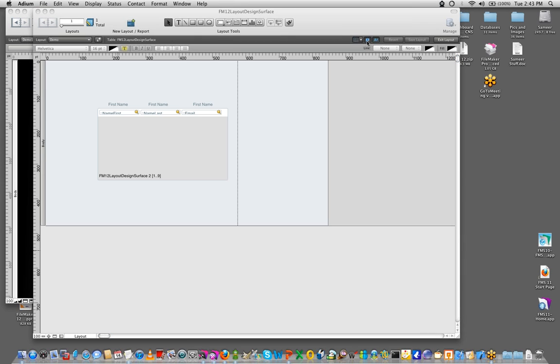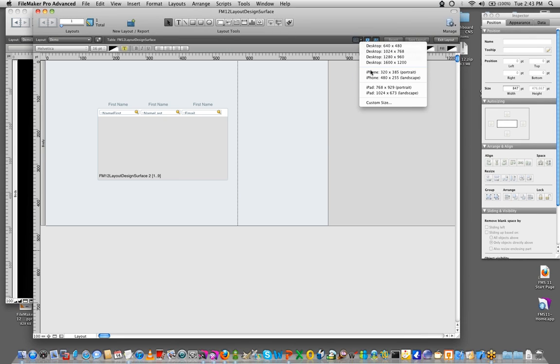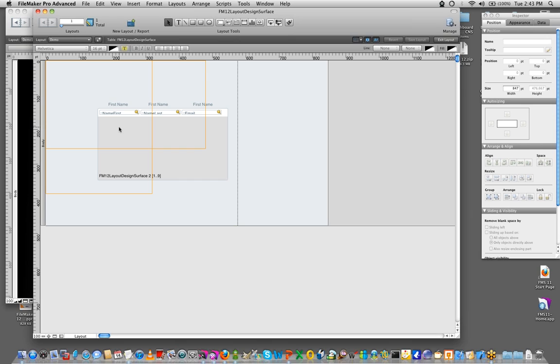Mobile development, iPad, iPhone, uses specific measurements for its portrait and its landscape modes. So if I use these stencils, it will give me the exact measurement of the screen in FileMaker. And this includes